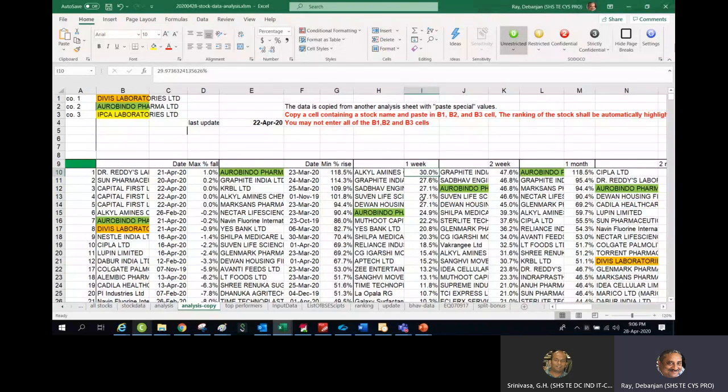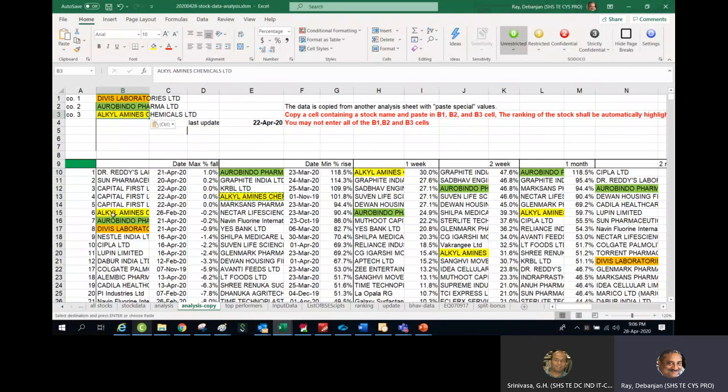So there is a chance. Now, actually, you will look at other parameters. Another guidance this Excel sheet gives you is to pick any of the stocks which are at a high position. Let me pick alkyl amines here, do a Control C, copy, and paste it in one of the three places, here.